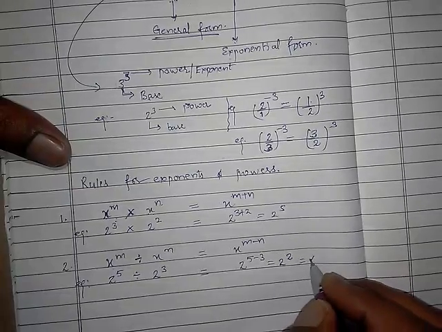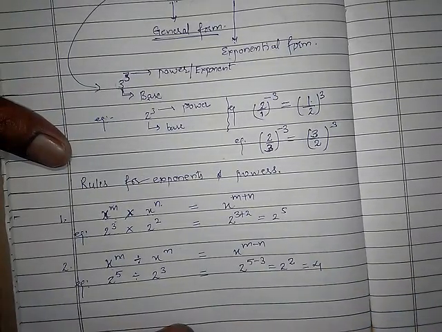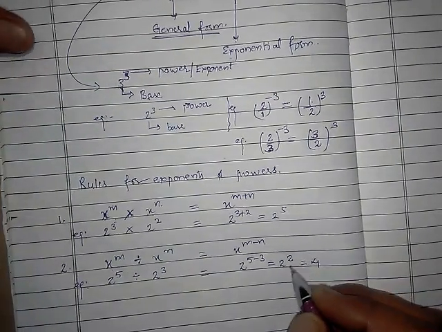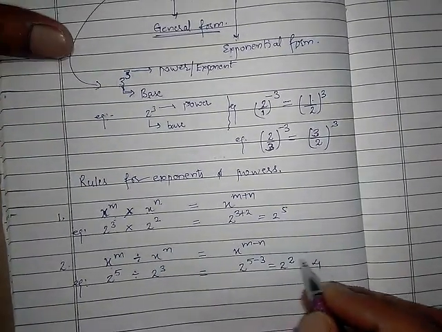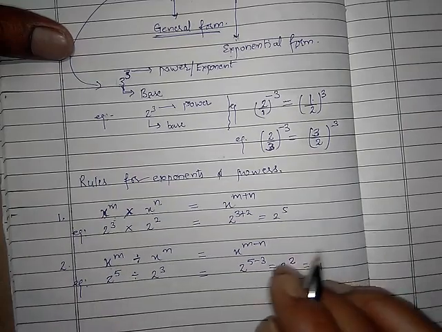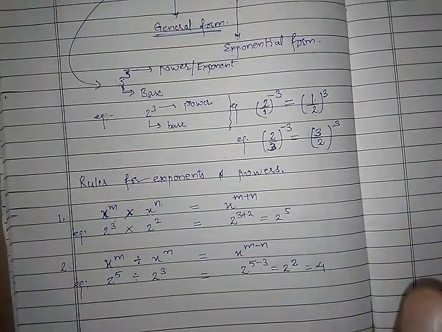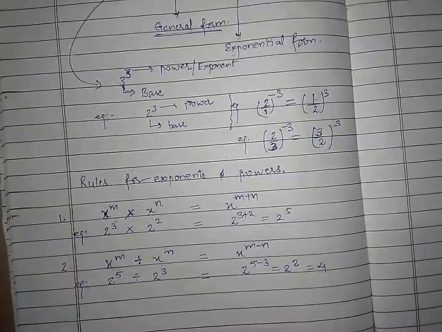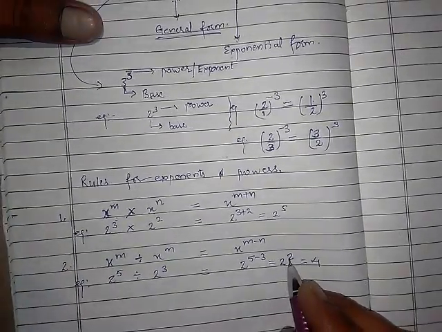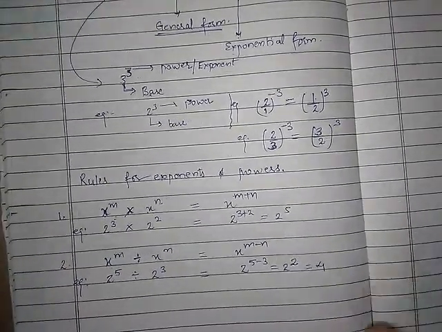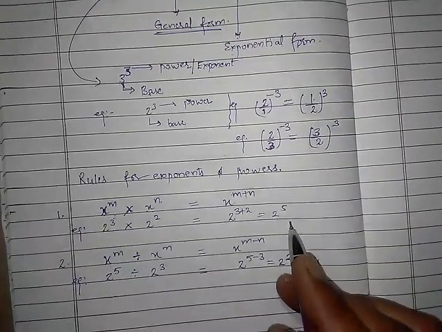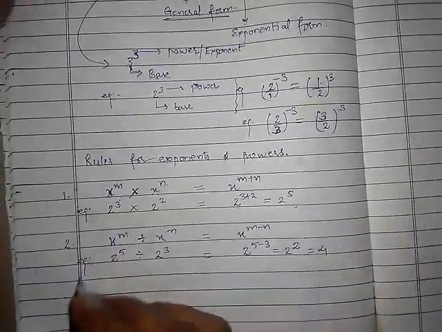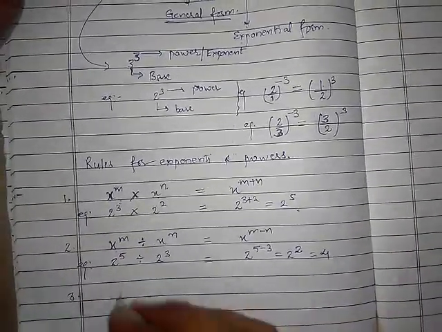So further you can also solve, you can give the answer 4 also. Sometimes you are getting here very big power like 2 raised to the power 100. So no need to simplify here. Only give the answer as 2 raised to the power 100 only, because it is clear that you cannot solve so much big power, right? So small powers you can solve like 2 power, 3 power, 4 power, up to 5 powers you can solve, otherwise leave it like this only. Okay, then come to the third rule.